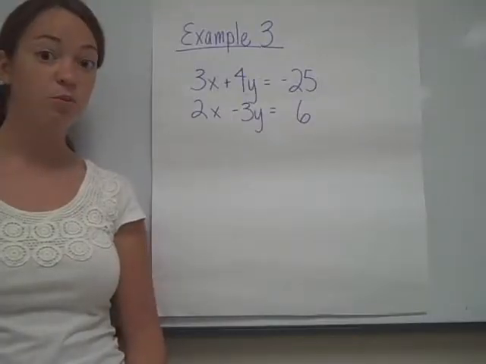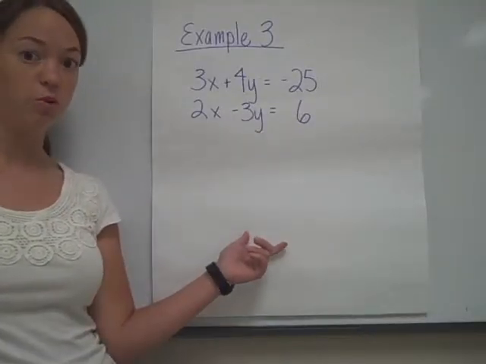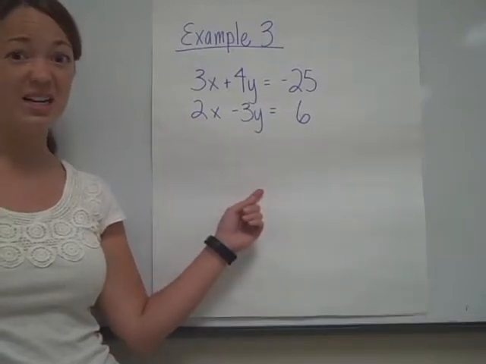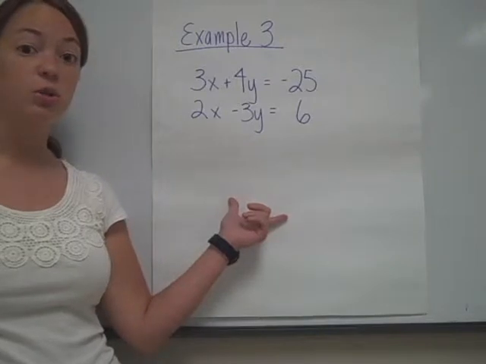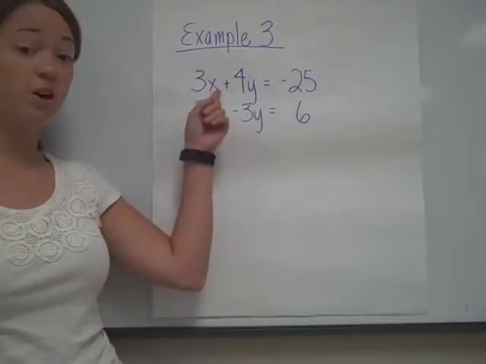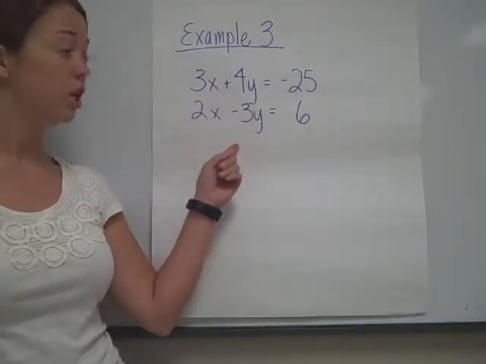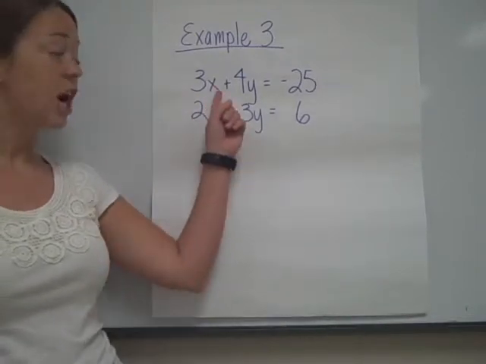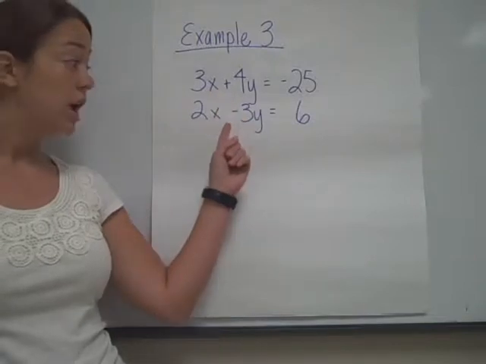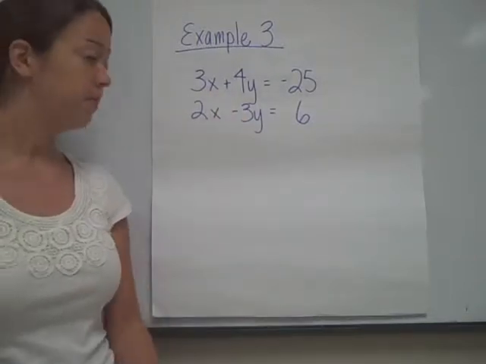And for our third example, we still want to eliminate one of our variables, but in this case there's nothing that's easy to see. So we're going to need to multiply something for our first equation and our second equation. We're going to eliminate the x in this case. So we're going to multiply our top equation by -2 and our bottom equation by 3. Doing so,